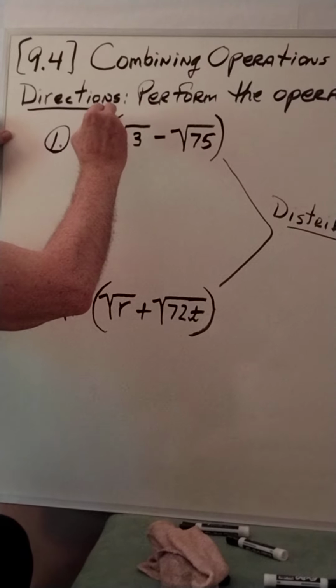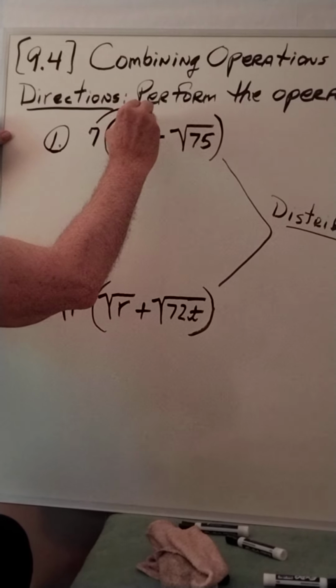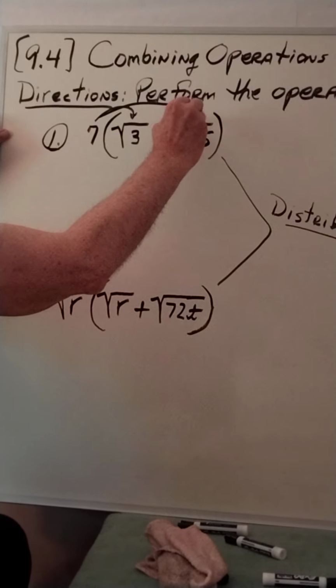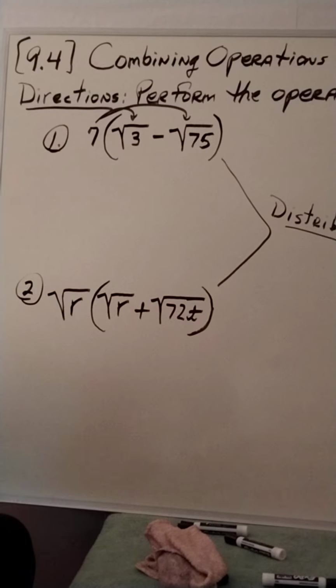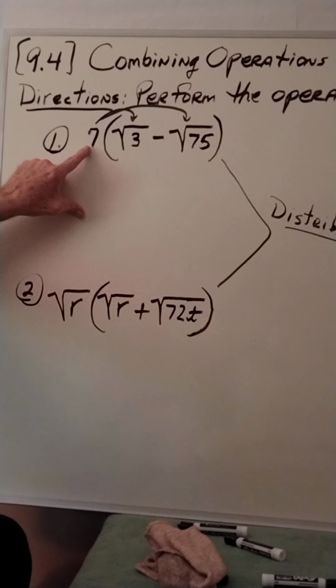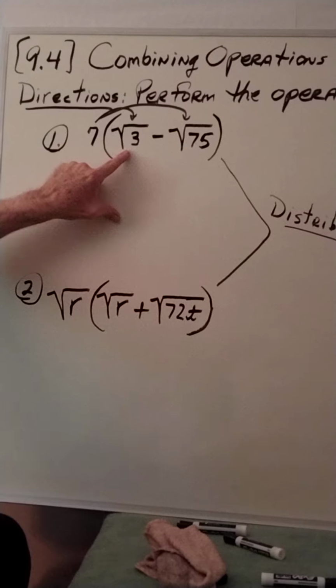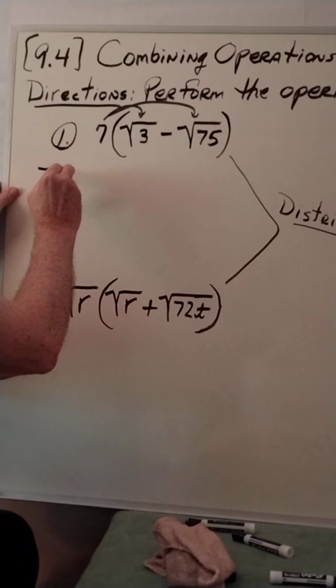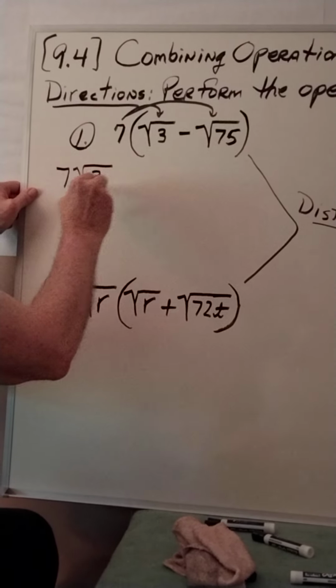So we're going to start by just distributing. Clear the parentheses. 7 times root 3,